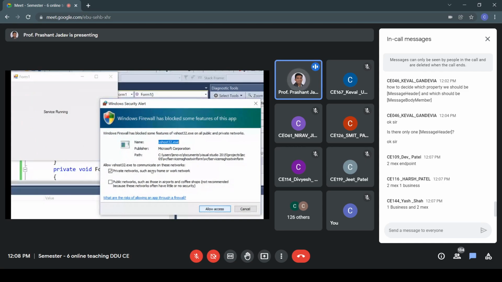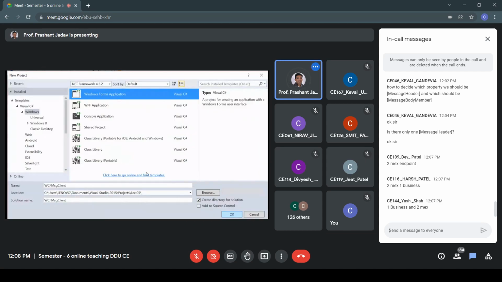And if we run the host, this firewall is preventing to run the host, and we are allowing through the admin. It might also require the admin password. Now we will build the client app. So once again, we'll use the form-based application